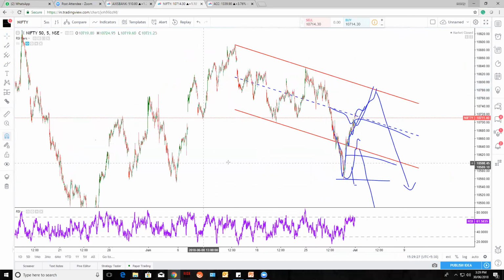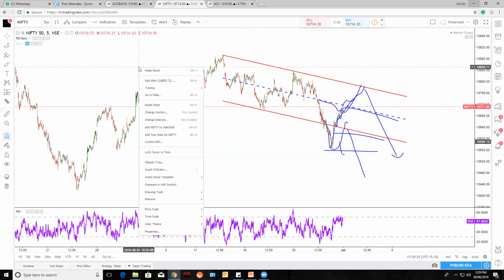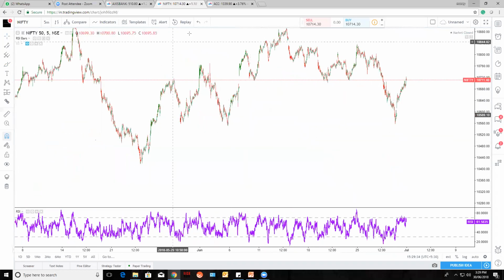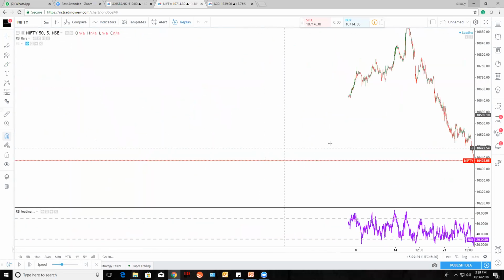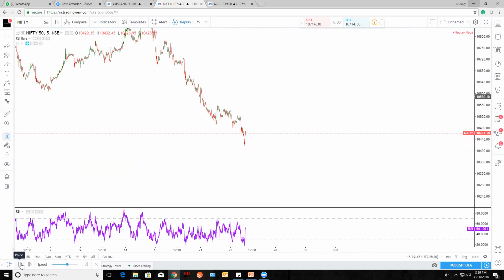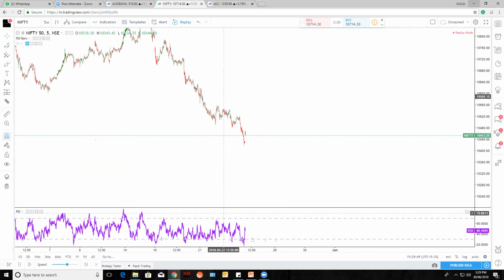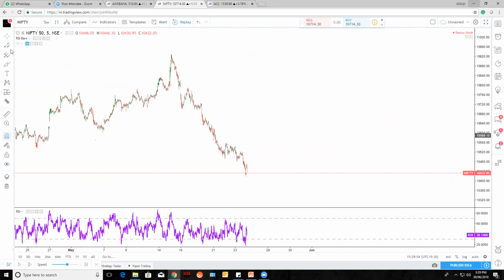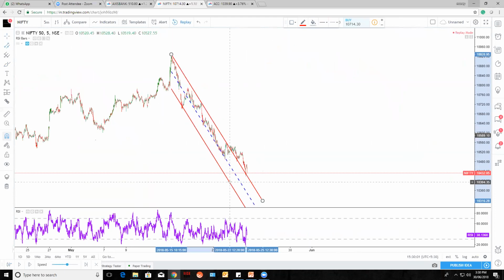Okay, let's say from here, I'm removing everything, and we will go for replay and we will apply the channel from this particular line. Let's see how it works. Let's say I am pressing the play button. See, from upside we need to draw the channel. So this is the highest point, this is the second highest point. You draw the channel, and this is your one channel, right?